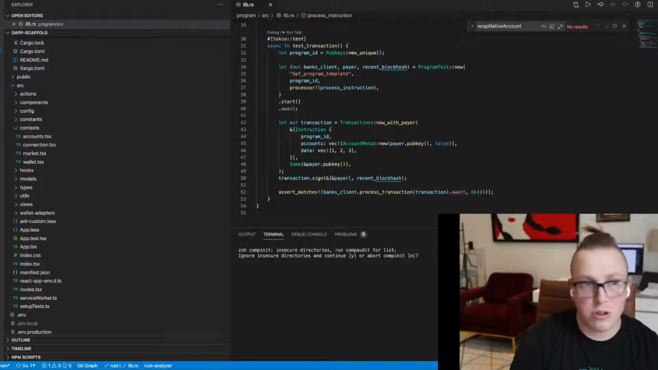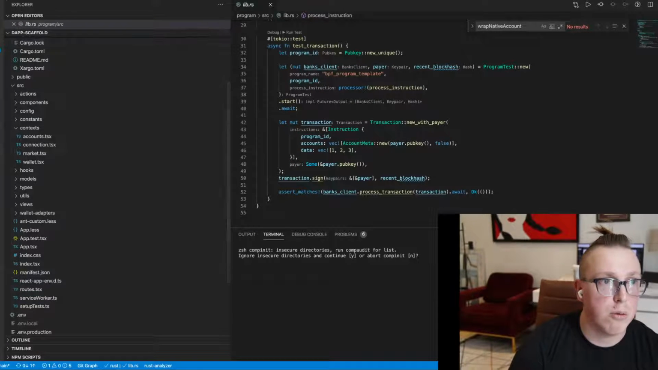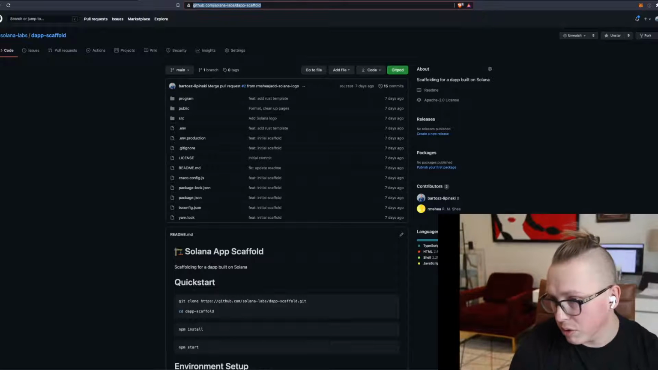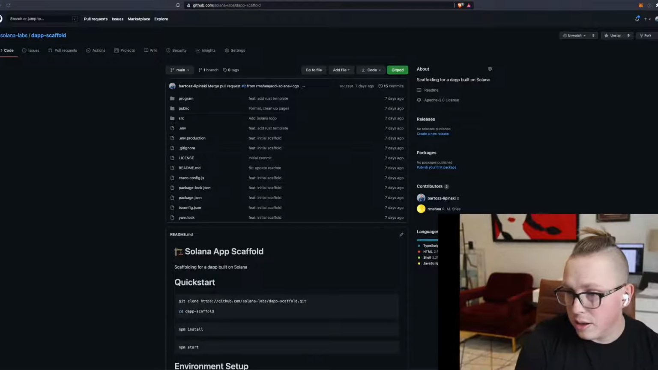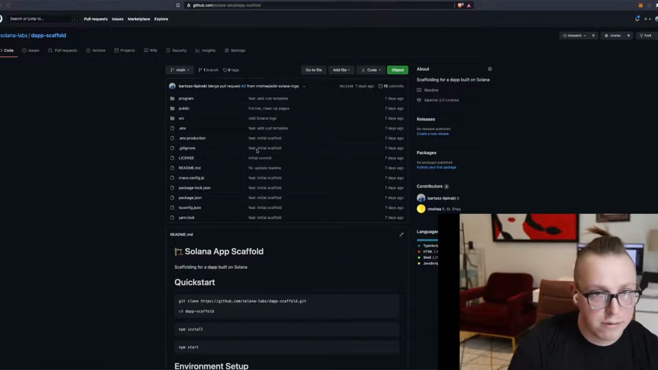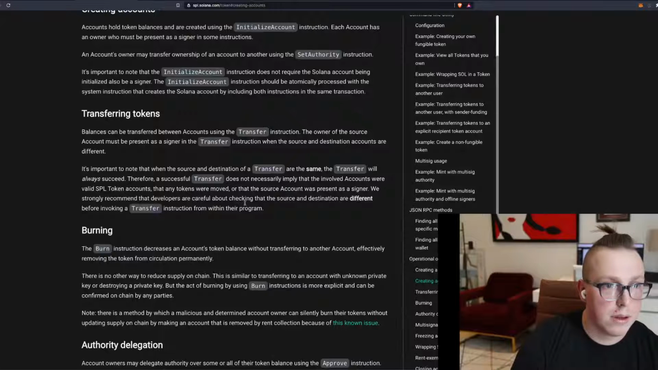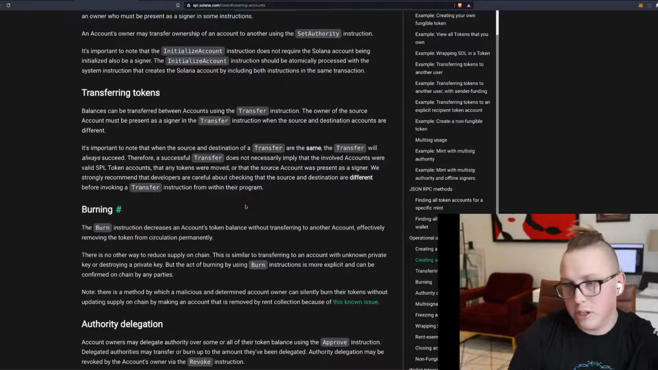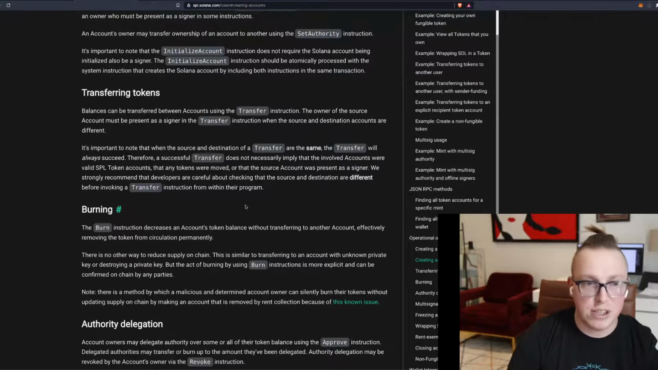I covered that in the previous talk, but there's a README here that walks you through how to use the dApp scaffold, and it's available in this repository. The camera is just a Canon camera that I have. All right. So the token program supports basically all the operations that you would expect, like minting, burning, transferring tokens,